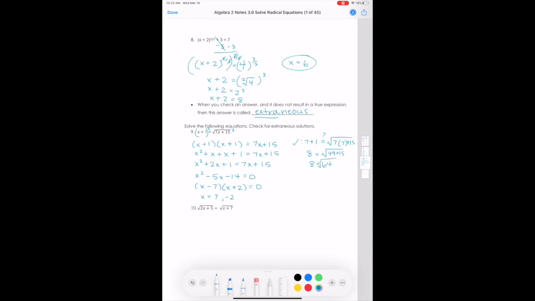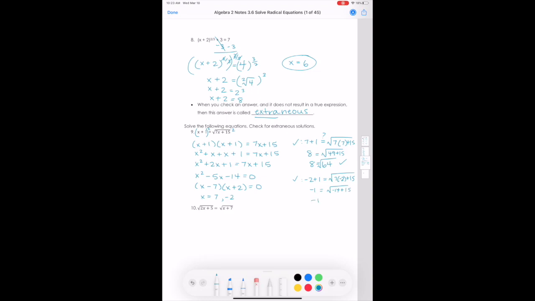Right, the square root of 84 is 8, and so 7 worked. You cannot just assume that the next one will not, because sometimes they both work out, so you do have to check both answers. Checking -2, I end up with